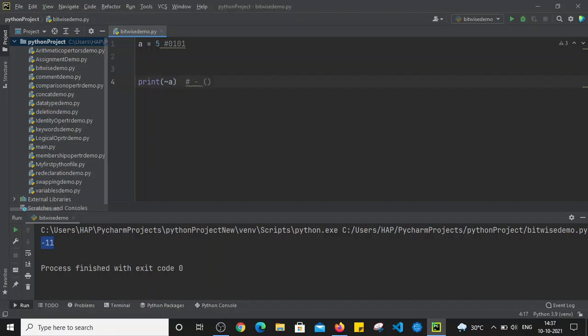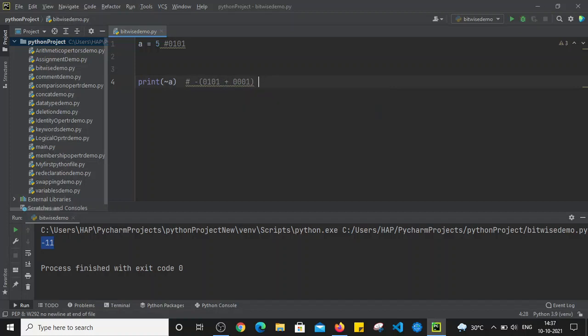So we have to add 0101 plus 1. We first add the value of 1 into this, and after that we take the negation of that, that is the negative value of that. So we have to perform the addition operation.